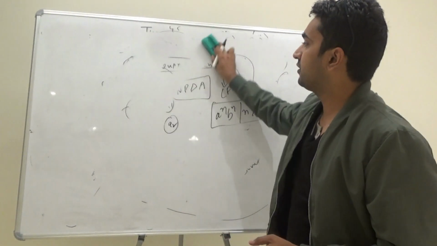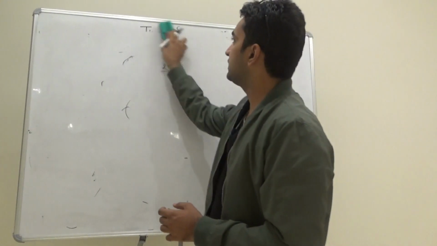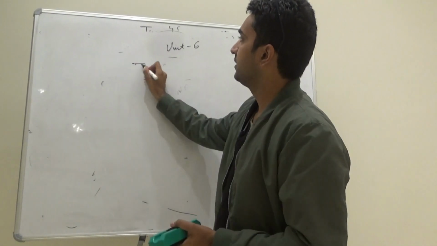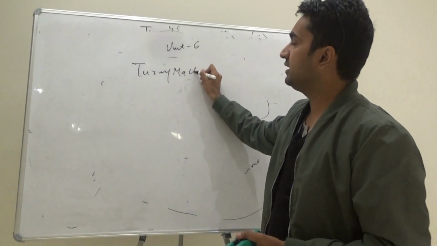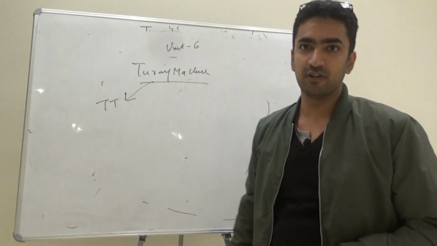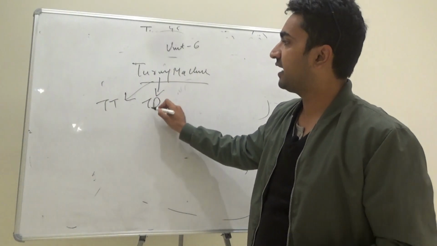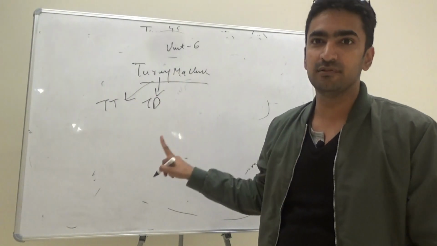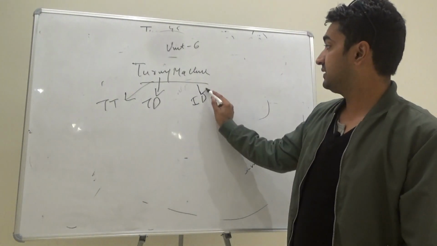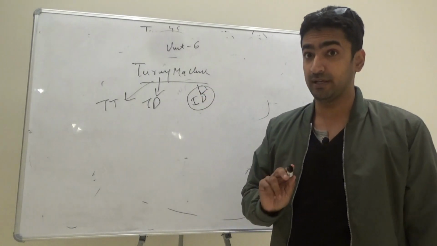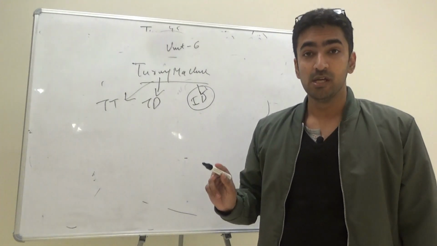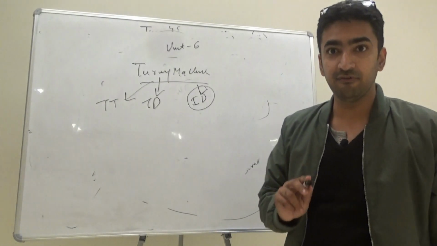If I talk about unit number 6, your unit number 6 is also pretty vast. In unit number 6, we have the Turing machine. We all know the Turing machine can be represented in many ways. One way is using a transition table. I have covered the video of that. One way is using a transition diagram. The earlier two videos of Turing machine use this. Then we represent a Turing machine by using instantaneous description. This topic is a very tricky topic. Watch the video very carefully, because there are many questions that can be formed from that.